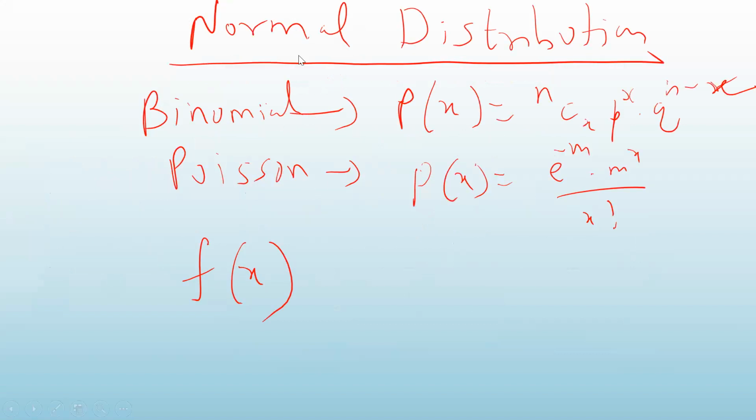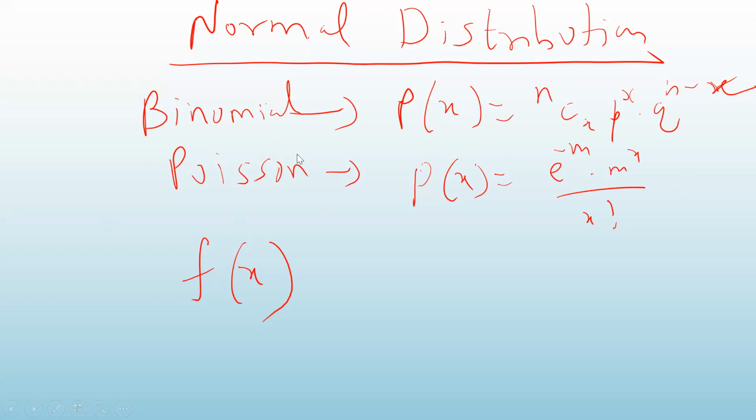So as you know, for binomial and Poisson distribution, the probability mass function of binomial is given by this formula, and for Poisson, it is given by this. The formulas were not very difficult ones, so you can just put in the values and get the answer for the probability.